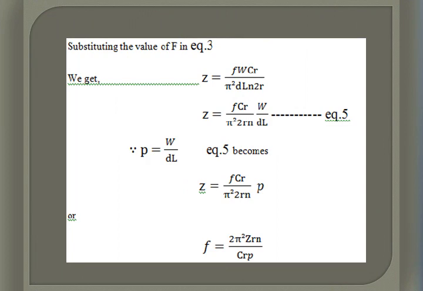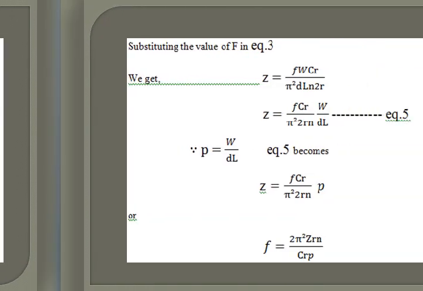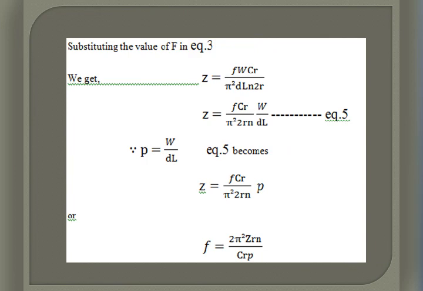After calling that equation number 3, next we need to consider the frictional force at the journal surface. That frictional force will be the product of the coefficient of friction and the load on the bearing. We already considered the load on the bearing as W, and the coefficient of friction we consider as f or mu. According to the latest data handbook, the coefficient of friction is taken as mu, or we consider f. Anyway, both are correct. Here the frictional force F is equal to f into W. Call this equation number 4. Next we must substitute this equation in equation number 3.